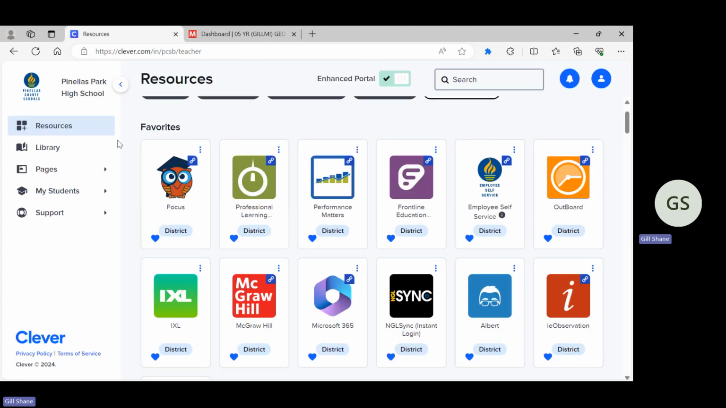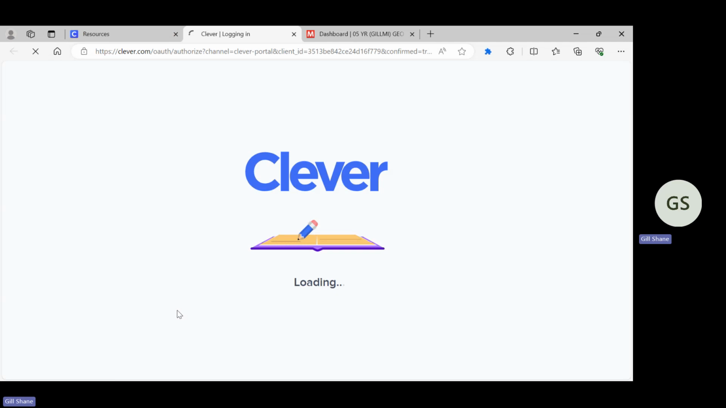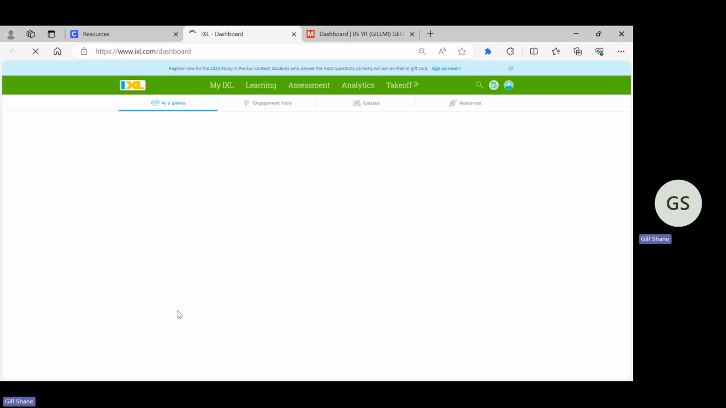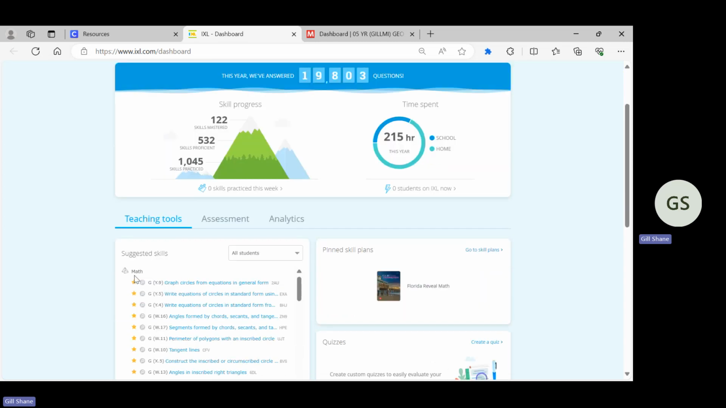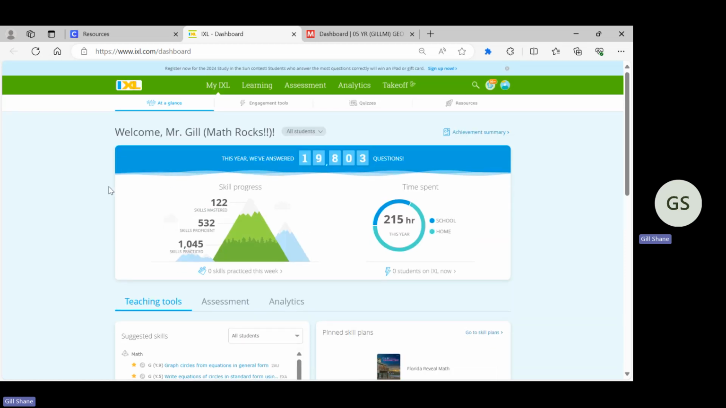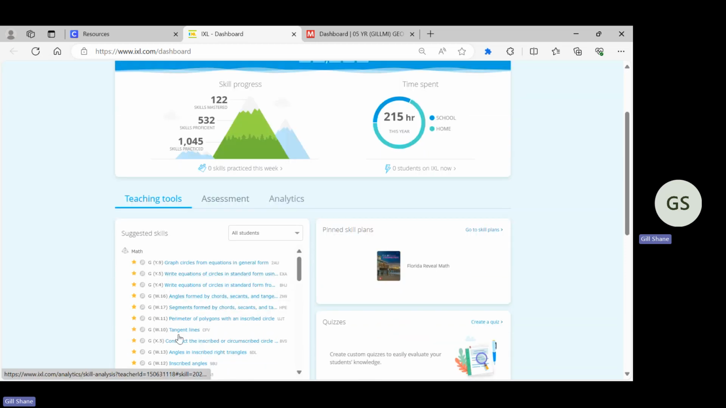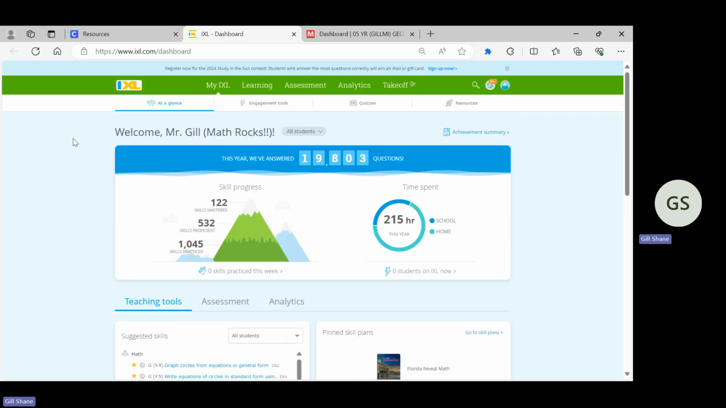IXL is just another online tool that will allow you to work on both our current skills that we're doing in geometry, but also you can go back and practice algebra skills before algebra, anything you need help on. I will sometimes assign IXLs, but I don't grade them. They're simply for you to practice what we're doing in class. But there's nothing to stop you from going. So here are ones I've assigned. You can see down here. But if I haven't assigned something, there is nothing to stop you from going in,